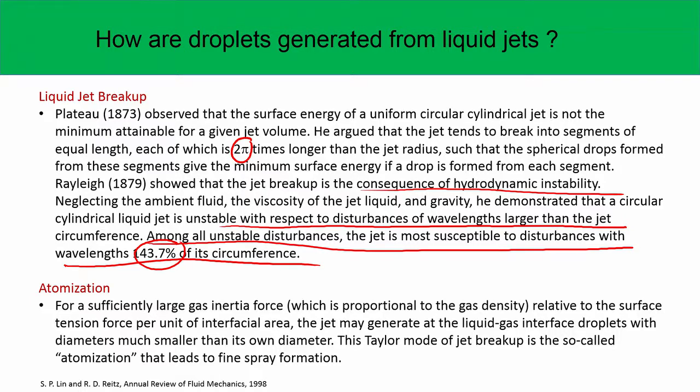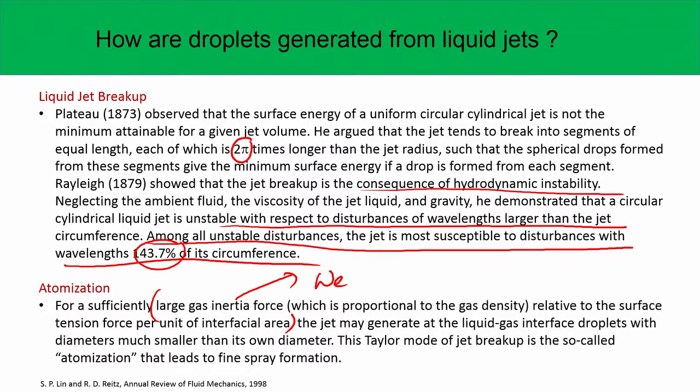That is what we want to say, is that the gas inertia force is large relative to the surface tension force, which is characterized by a large Weber number. Okay, Weber number is defined in terms of the gas density. This whole thing is essentially called Weber number. Okay, and the jet may generate liquid-gas interface droplets with diameters much smaller than its own diameter,